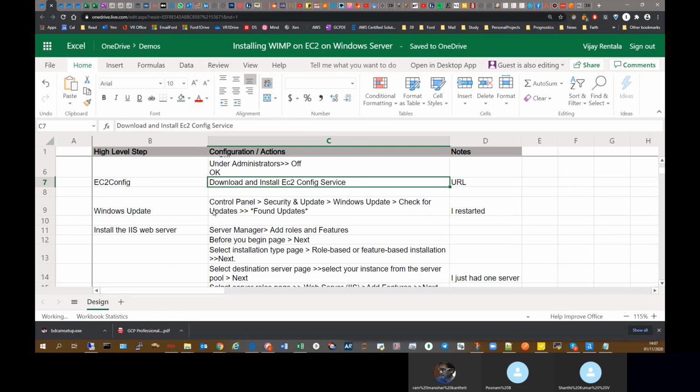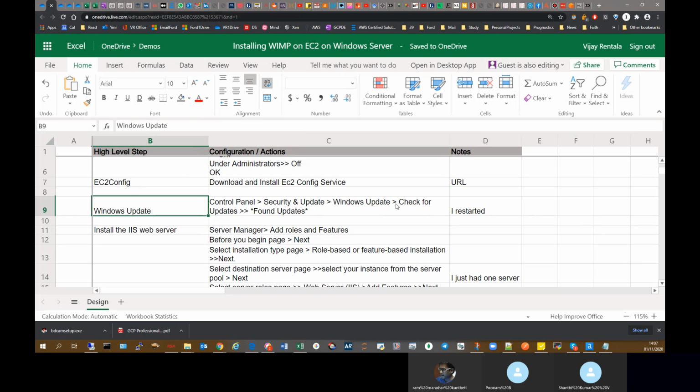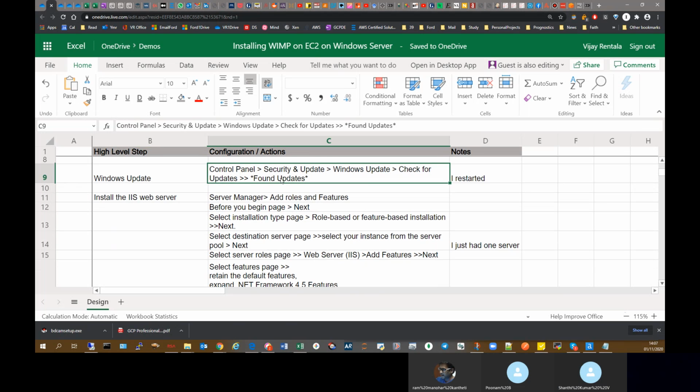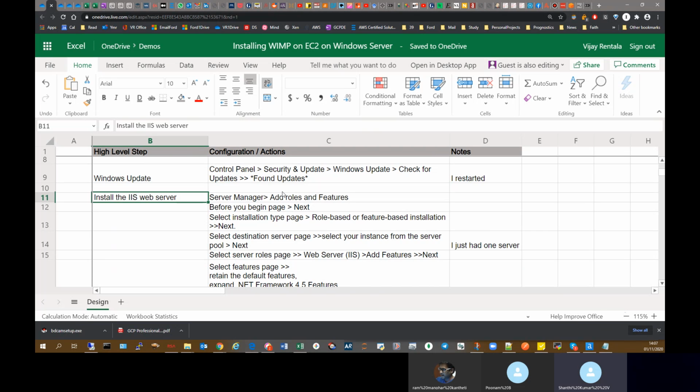And then Windows Update, go to control panel and go to this place, and it says whether you want to check for updates. And when I click on it, it did some analysis and it found updates and it started updates. So basically, it's bringing the machine up to the latest version, with all the patches, in sync with the latest patches. Yeah, exactly. So that's what happened here, and it required restart as well. So I restarted it, and then came back to it, logged in again, and then